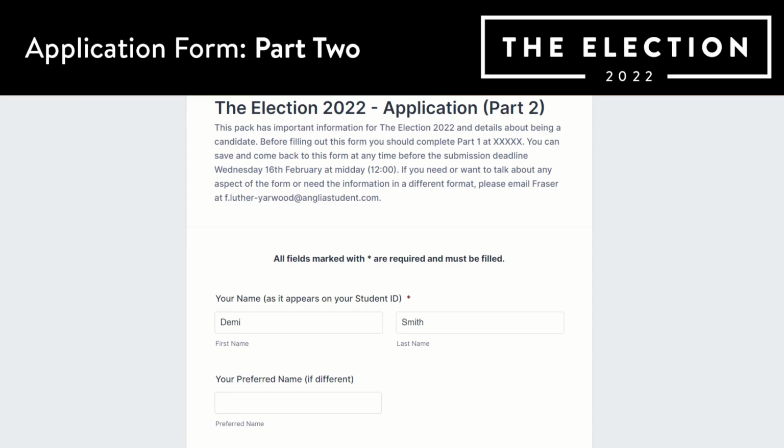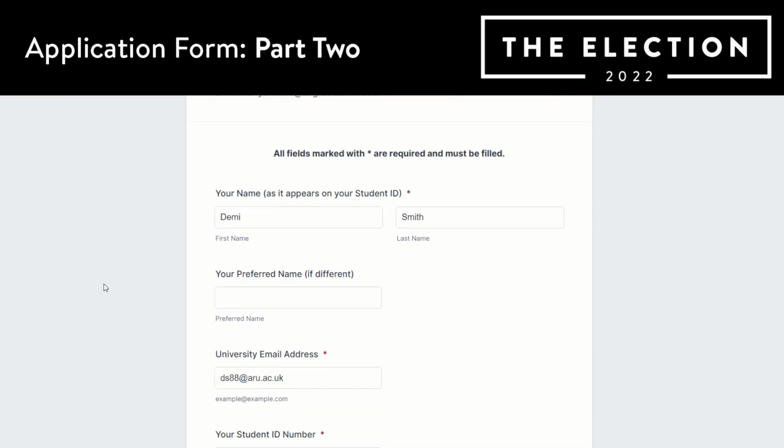This form is where you will enter your manifesto. A manifesto is the things you want to achieve and provide for students during your time as an officer or rep if you are elected. You can save and come back to this form at any time before the submission deadline on Wednesday the 16th